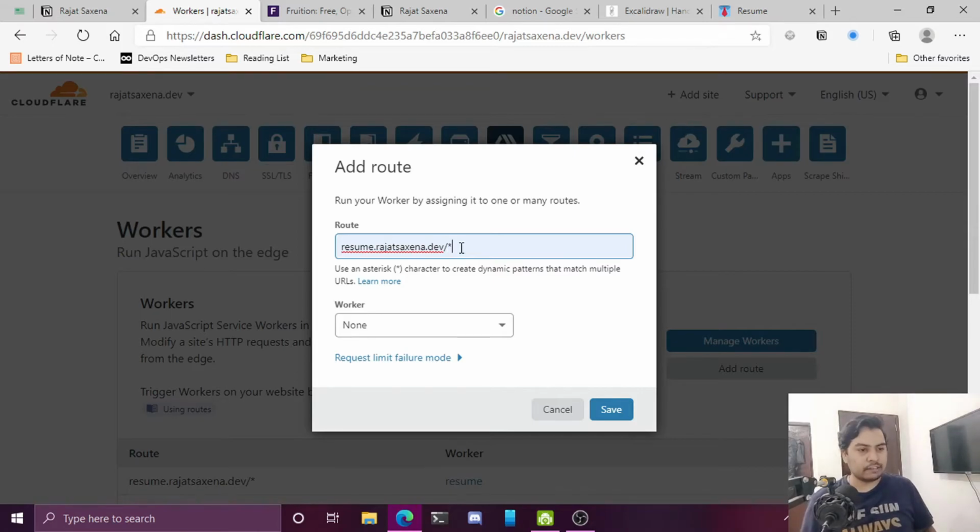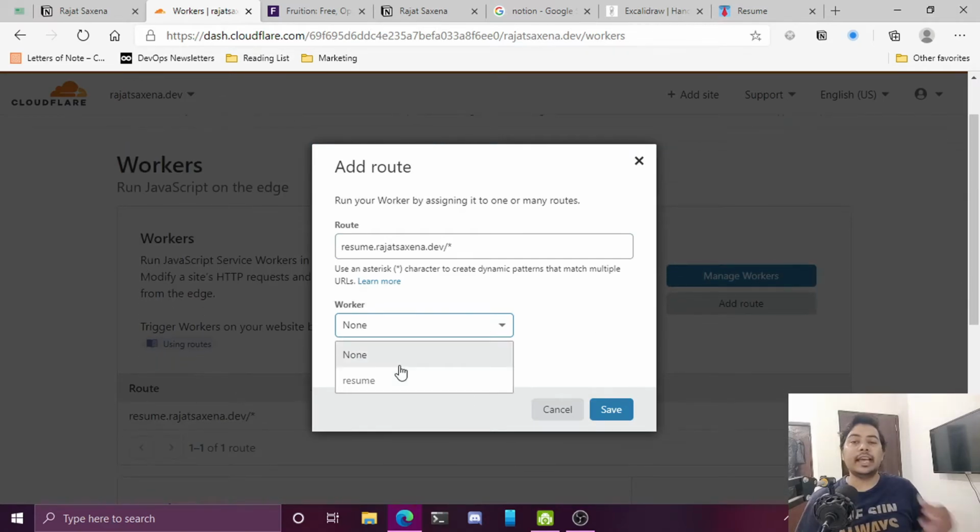Whatever comes after this slash is the path. You want to resolve every single path to this particular worker. Now click on this worker option and you will see the worker you have created for yourself. Select that and click save.